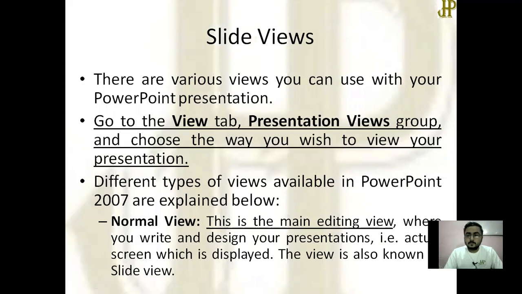Next one is slide views. As the name suggests, how you want to view your slide. As in MS Word, there are two or three available views, like print layout view, web view, or normal view.